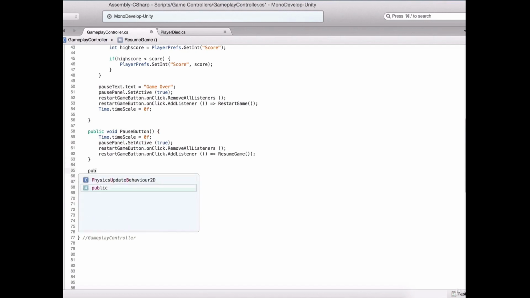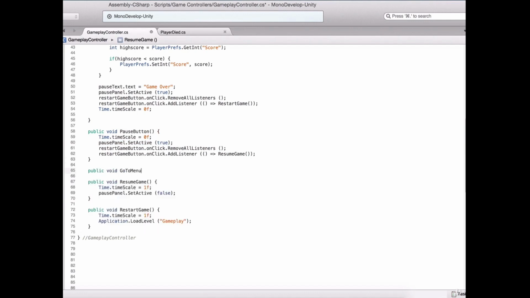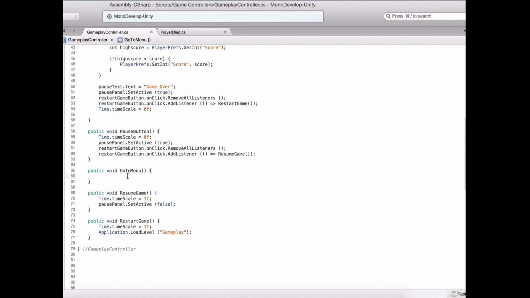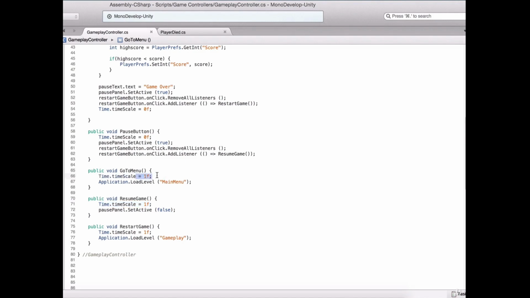We are also going to have a public void go to menu, which is going to bring us to our menu. And for it, we are simply going to use our application loaded level name main menu. And before we go into our main menu, we also need to set our time scale back to 1, because when we press the pause button, our time scale is 0. And we need to set it back to 1 again if we go outside of our gameplay scene. The same thing we are doing when we restart the game,